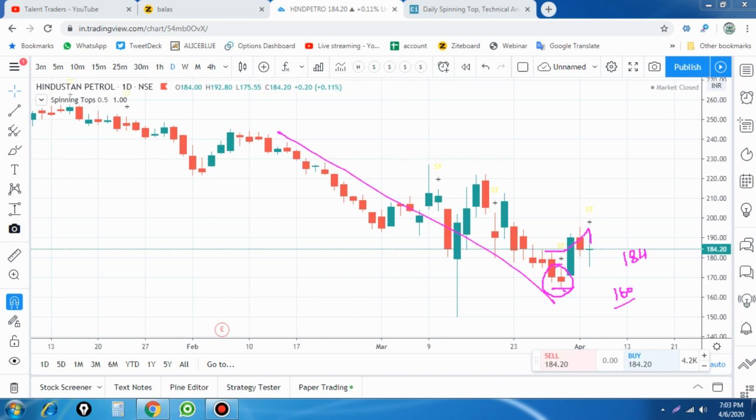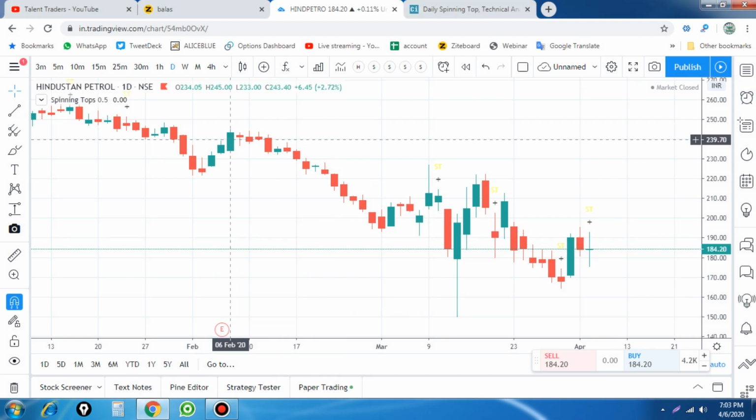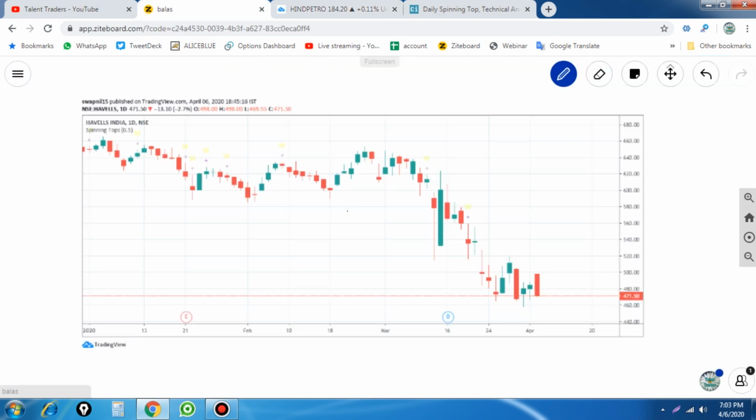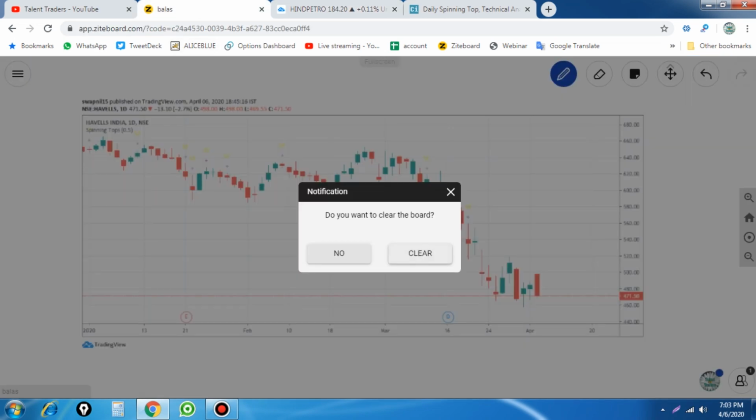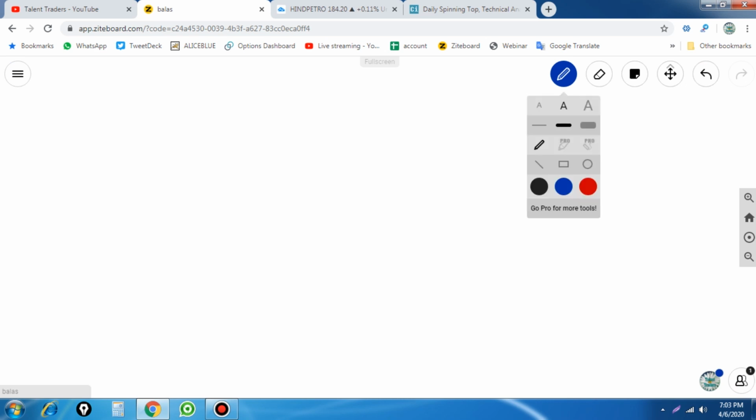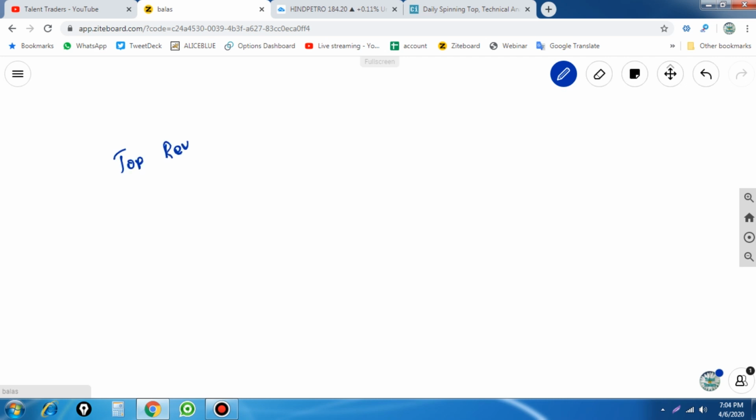You have to find out this kind of candlestick pattern, which will always give you better benefit. Again I repeat, what are the benefits of this candlestick pattern? Spinning top becomes a top reversal, so the top reversal candle pattern also works out. The important thing is, if you find it at the topmost level, there will be a good trade opportunity. And second, the bottom reversal also works very well.